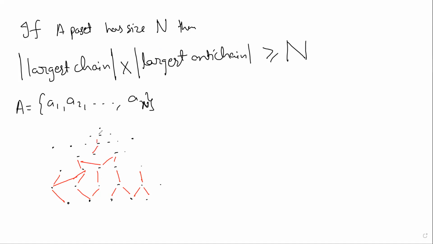So what is the longest chain in this? You can see this is the longest chain. Oh God, I didn't join this. I have to join it with something. Let's join it with this, right? So then you have the longest chain like this. You see, this is like the length of the poset, right? And then you take the longest anti-chain, that's like the width of the poset. And so obviously the length and the width product will be more than the number of elements, if the picture looks like this. Okay, so it's a very believable statement.